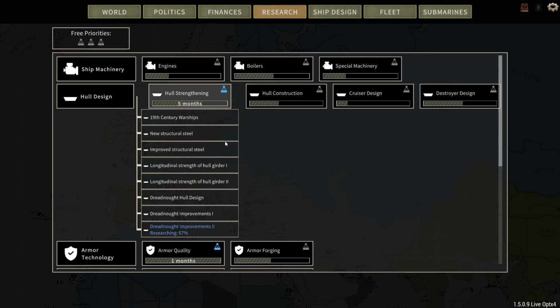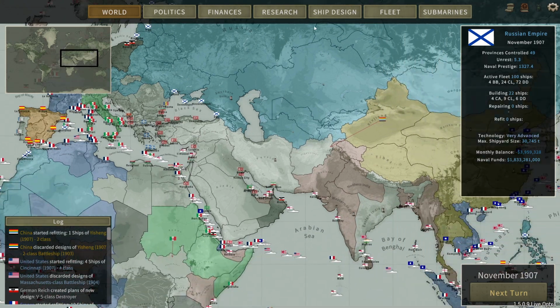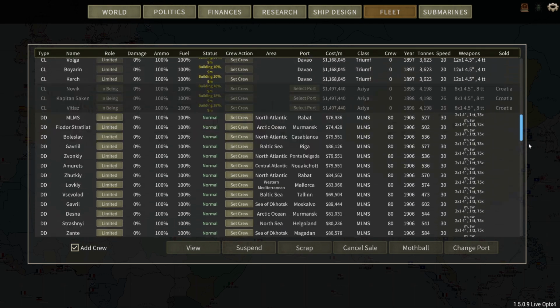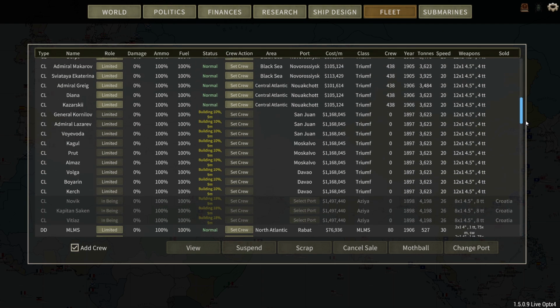And yes, we're getting Dreadnought 2 off of Dreadnought Improvements 2. So in 5 months, we'll be able to start designing our new Dreadnoughts. Battle cruiser ready. Alright, so we have 4 months on the last 6 Albatrosses. We got 9 months left on these Triumphs, which I believe is the last of the Triumphs that I